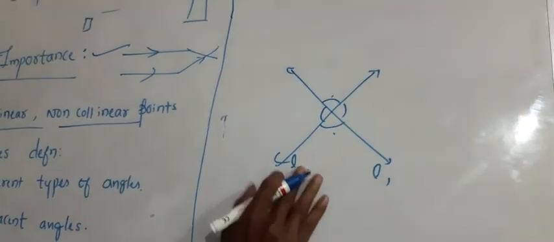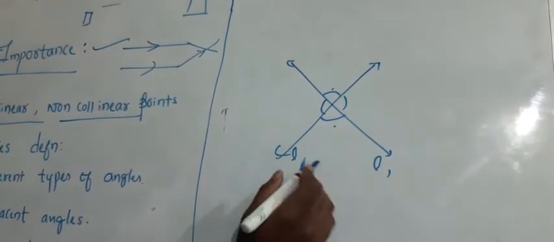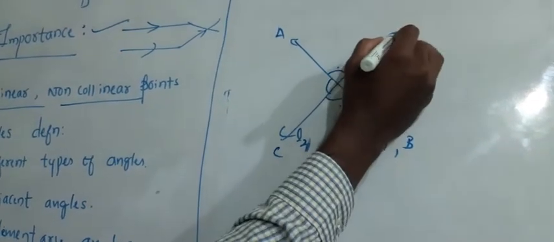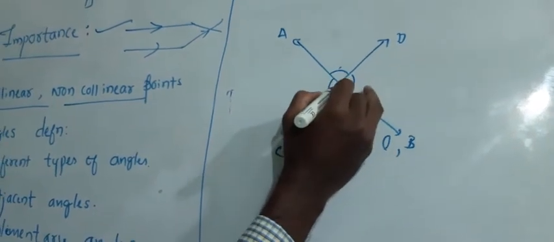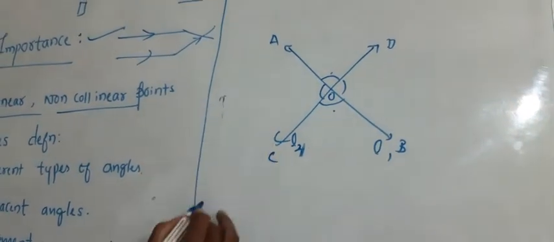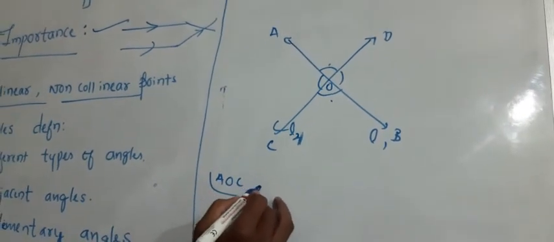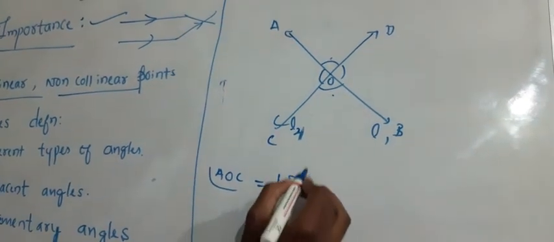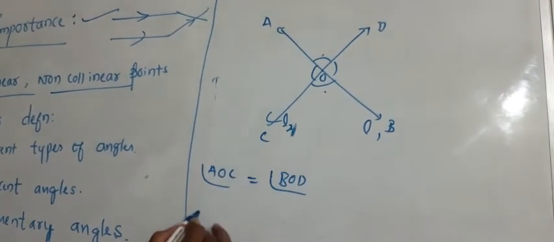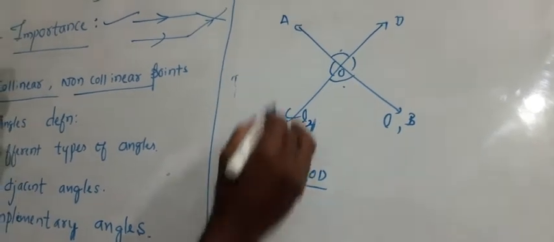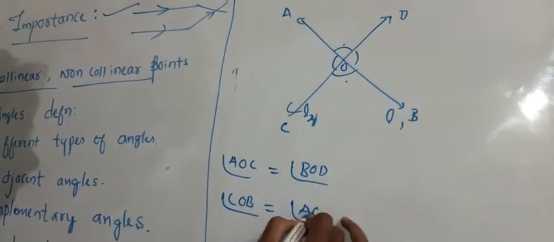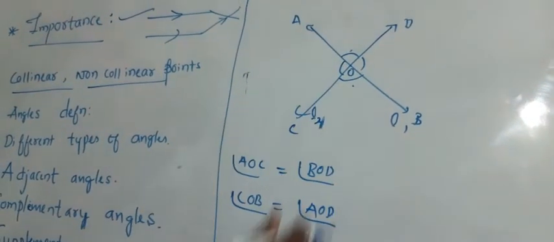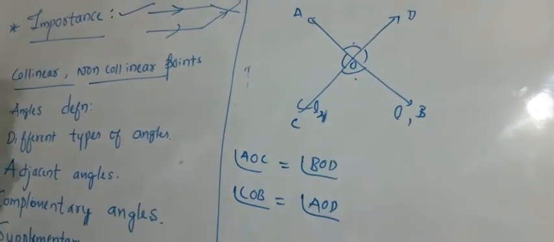See, A, B, C, D, and let the point of intersection be O. In this case, angle AOC is equal to angle BOD because they are vertically opposite angles, and angle COB is equal to angle AOD. So when two lines intersect, the opposite angles will be equal. Next,